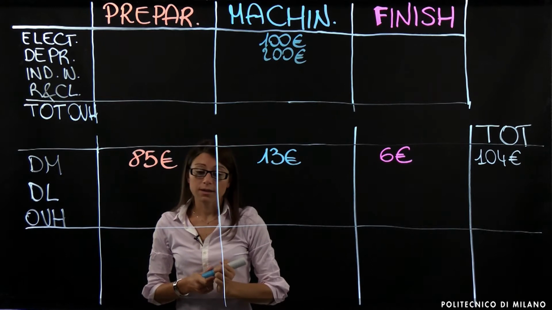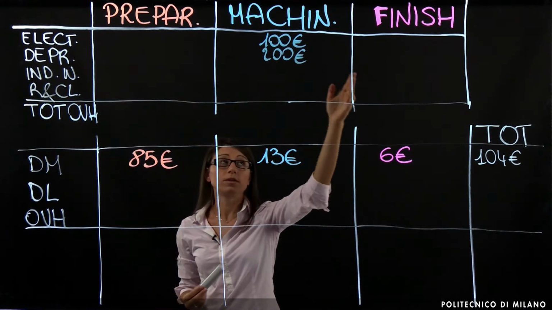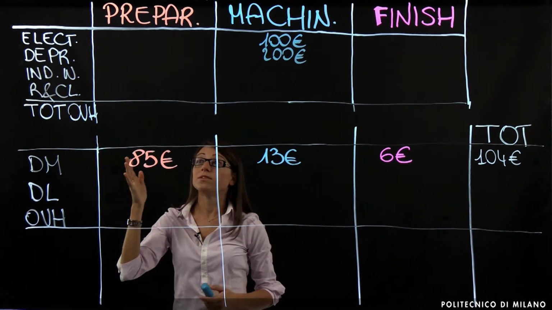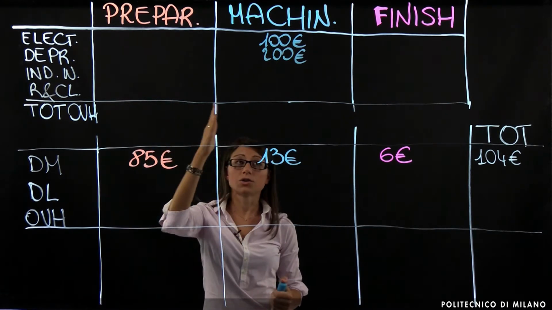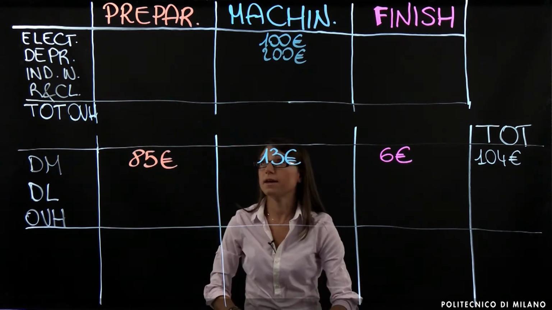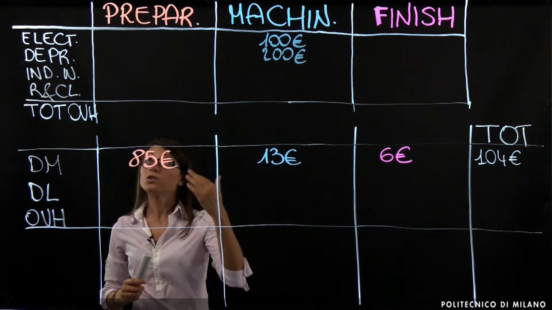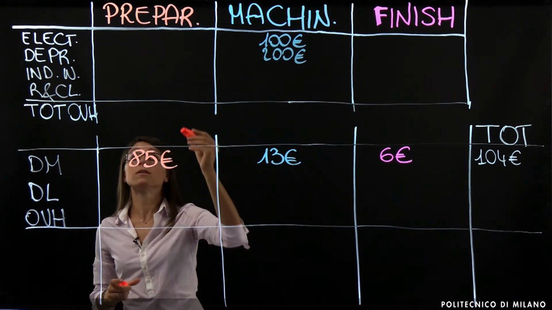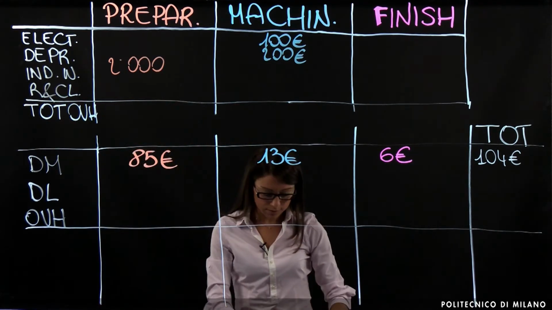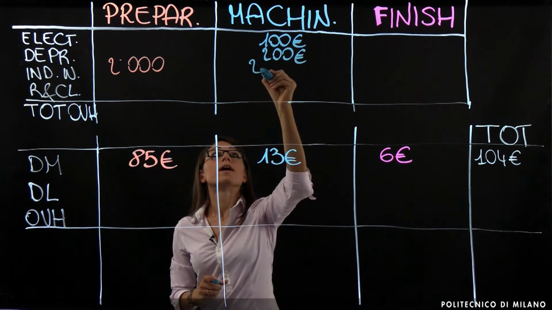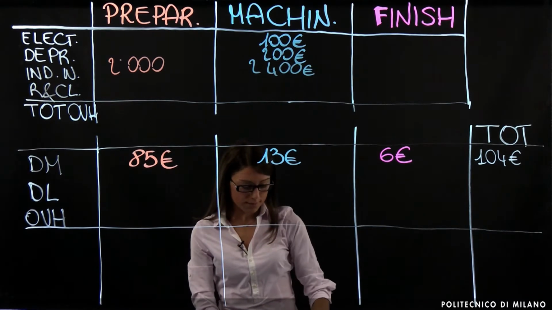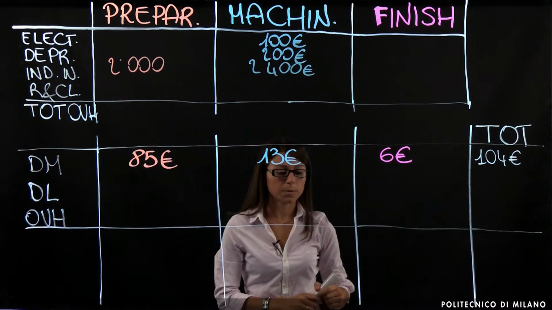Now we have some other data which again can be traced to each of the 3 departments. This data is about the cost of the indirect workers. Again, we have the value of the indirect workers within each department. So these costs can be directly traced to the 3 departments. These data are provided in table number 2, so we can just assign this value to the 3 different departments. We have 2,000 euros, which is the value of the indirect workers within the machining department. Then we have 2,400, which is the value assigned to the machining department. And then we have the value that can be assigned to the finishing department, which is